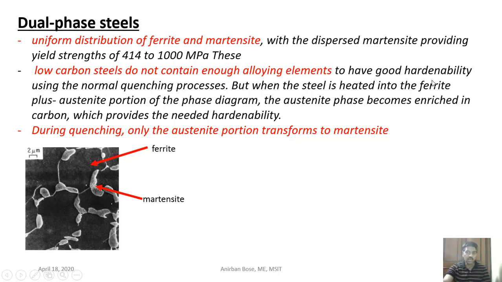Okay, so good hardenability using the normal quenching process is difficult, because alloying elements are less. But when the steel is heated to the ferrite plus austenitic portion of the phase diagram, the austenite phase becomes enriched in carbon, which provides the needed hardenability. That means